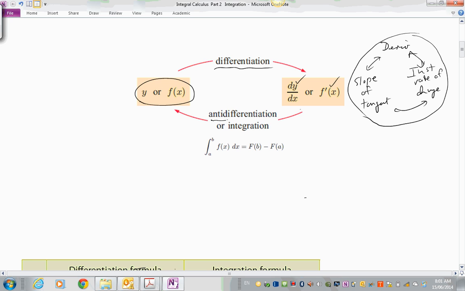Now what we want to do now is undo that operation, okay, because we have found that to find this sum of an infinite number of rectangles drawn under the graph, that's this representation here, we need this function. And this function has as its derivative the original function we drew. So we've got to take our original function as if it's a derivative and undo it and go back to our function. And we're going to call that process integration. Why? Because the answer to that process is going to enable us to do this infinite